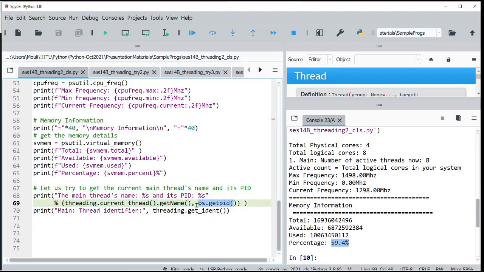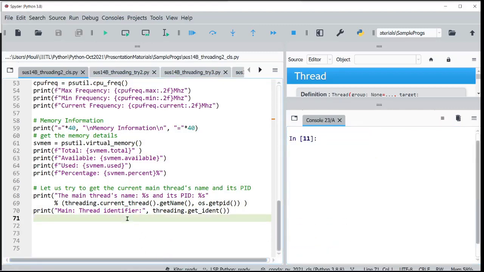As far as the OS is concerned, the OS has given the PID for its instance, whereas in the Python world, the threading library has given some name to it, or you might have called it with some name, or the threading library has given a default name for a main thread. Otherwise, when you call it A, B, something, that name is different, and then the identifier is also different. This Python gives a different identifier compared to what the OS gives. So let us now see this output